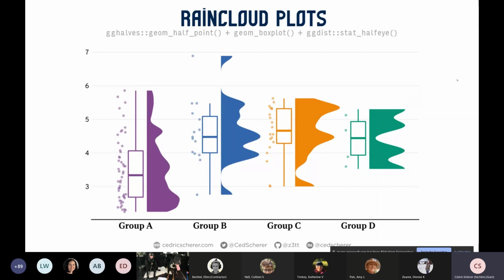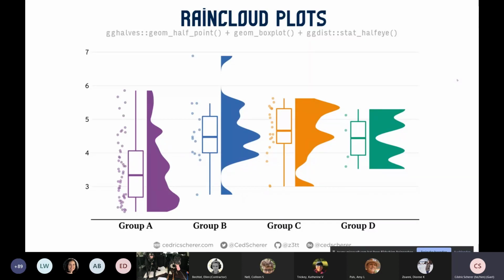And finally, rain cloud plots, my favorite somehow, where we have also several things here. So we have first the jitter, where I'm using here the ggh halves package, which allows me to have offset jitters to the left. I'm still not aware of any way how to do this with the basic ggplot2 package.